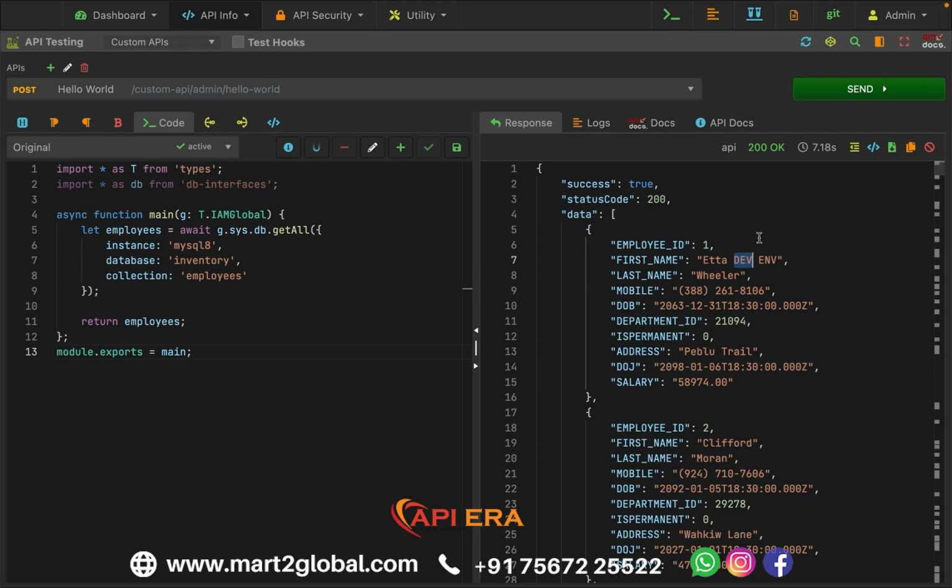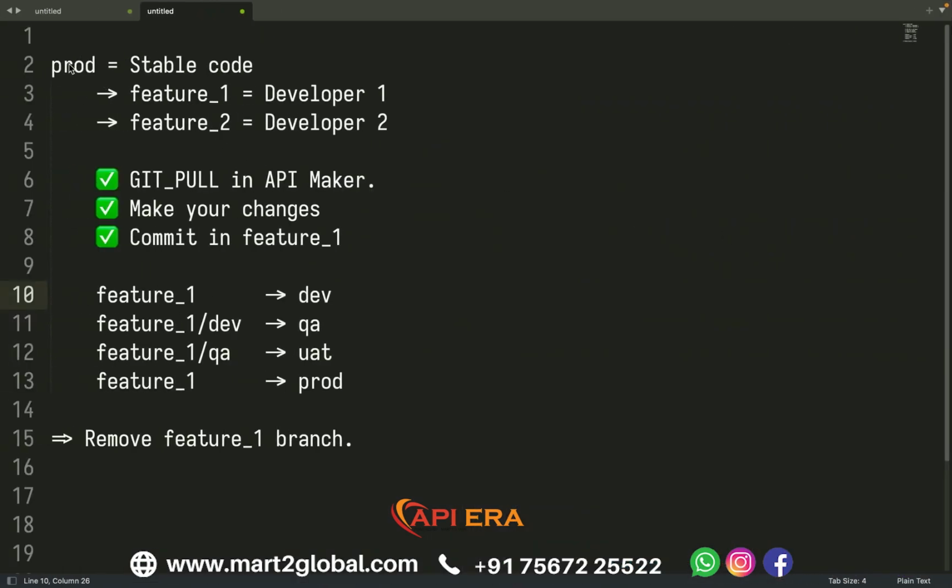While working with Git, you can follow the standard practice. You can keep all your stable code inside the prod branch. Developers will create their feature branches from the production branch, and they will work on the feature 1 branch. After creating a new branch, they will do git pull. They will make their changes and they will commit inside the feature 1 branch. After that, that feature 1 branch will be merged with the dev branch. That dev branch will be merged with QA, QA to UAT, or feature 1 to UAT, like that, and at the end that feature will be pushed into production. And after that push, you can remove the feature 1 branch and again start from line number